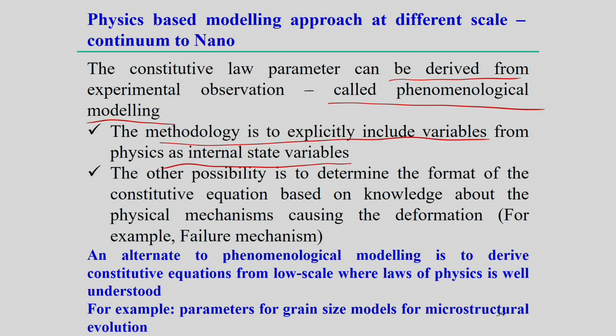For example, when you try to explain that phenomenological modeling, say recrystallization modeling, which is associated with the metal deformation process. When you deform a particular component in a material deformation process, in metal forming processes, we represent the deformation process as a function of strain rate, as a function of strain, and as a function of temperature. Now, all these three are variables here. The internal state variable can be represented in this process when you represent that recrystallization mechanism. That internal variable can be the dislocation density.